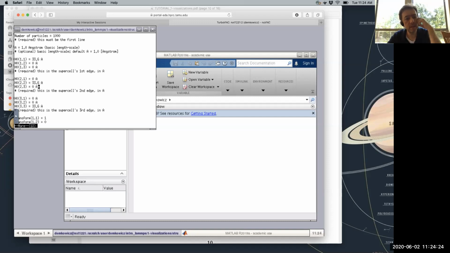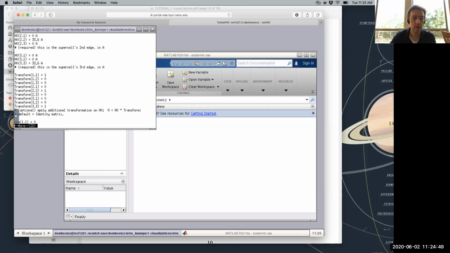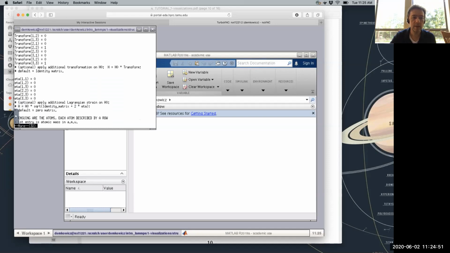This series of lines that come afterwards with the H's are telling me the shape of my simulation cell. So the shape of the simulation cell can be a cube, or it could be something that's not cubic. For example, it could be a parallelepiped, something that's skewed. But for now, I'm going to use just a cubic simulation cell shape. If I press return, it's going to allow me to scroll further through. It's got a lot of other stuff there. We're not going to pay attention to all of it.